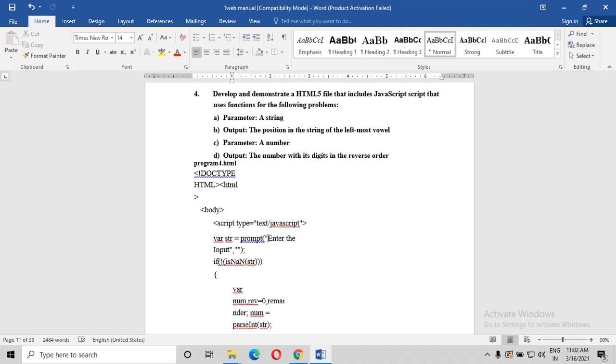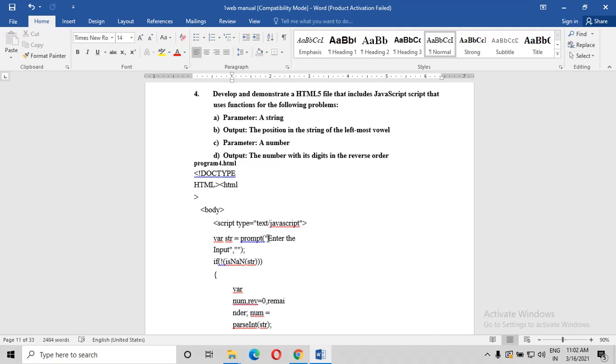So the alert message will come, and a confirm box, as I told you earlier, is to verify or accept something; again we'll get the confirmation, right? So those things. When it comes to the prompt, it is used to enter a value, before you enter into any of the page. Before entering the page, you are going to enter the value.